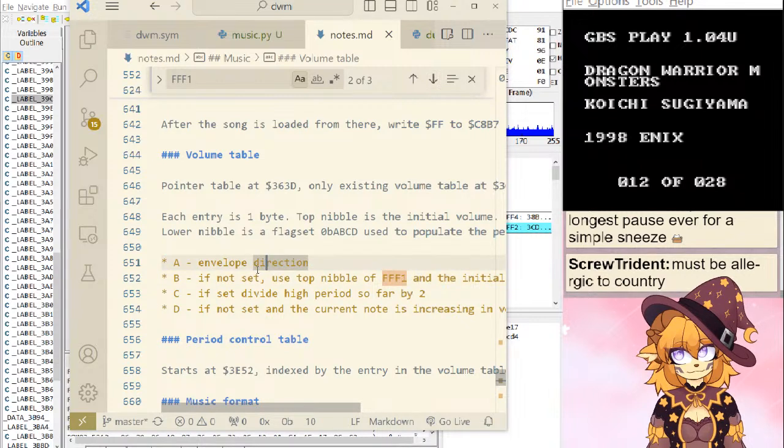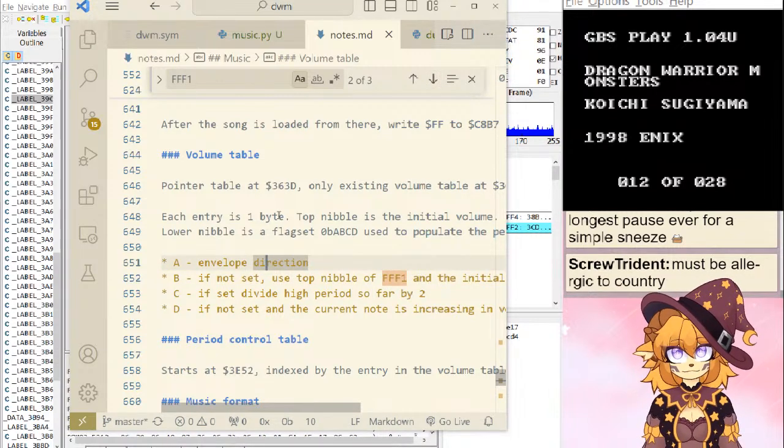I may be misunderstanding this table, but I'm not totally sure.